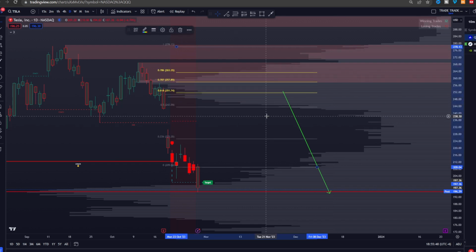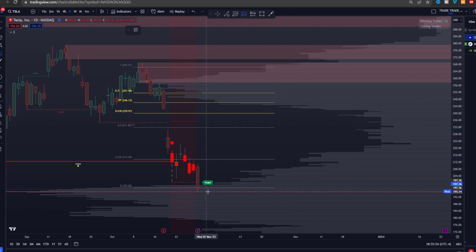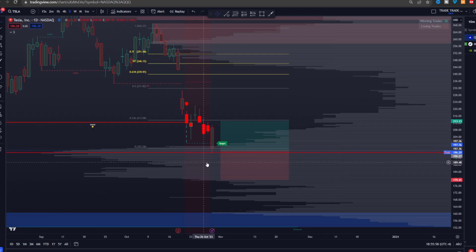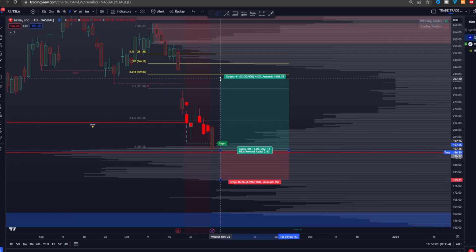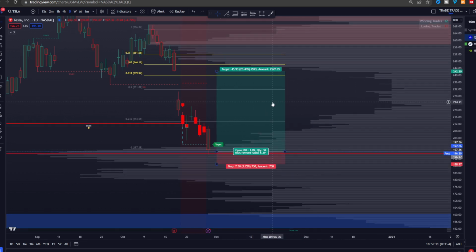And so in a perfect world, I'm a long-term investor as well, but with a trader's mindset, in a perfect world, what I'm really looking for here was this entry today. I got in down here around 196.27. I'm looking for this move up to about 240. I'm looking to set my stop loss probably here at about 189 break. And what this will do is give us literally a 6.5 to 1 RVR,